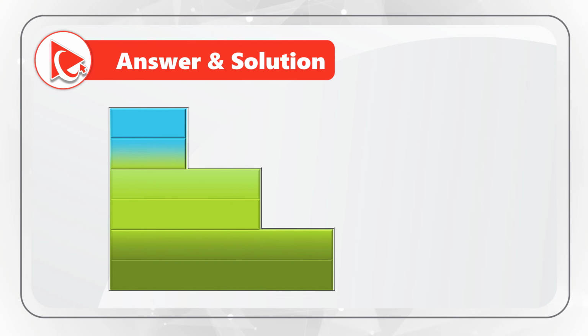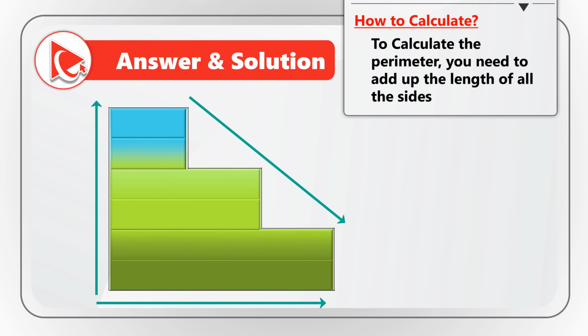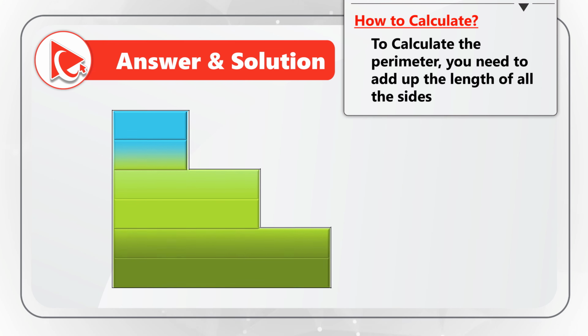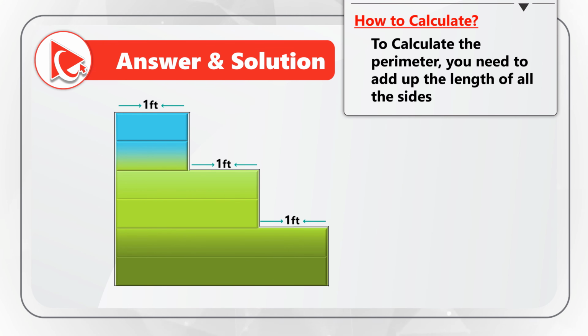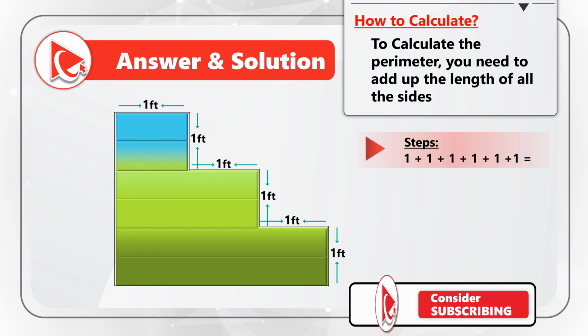As you might be well aware, to calculate the perimeter, you need to add up the length of all the sides. In our object, we're presented with steps that have measurements. And this object also has solid sides at the bottom and on the left. So first, let's calculate the perimeter of the steps. The top sides are all 1 foot, and the height of every step is also 1 foot. So the steps would be calculated 1 plus 1 plus 1 plus 1, and then you do it 6 times because it has 6 sides, which means that the perimeter of all the steps would be 6